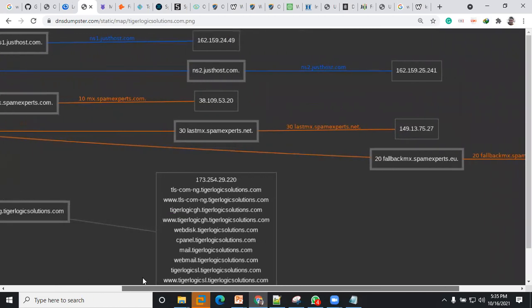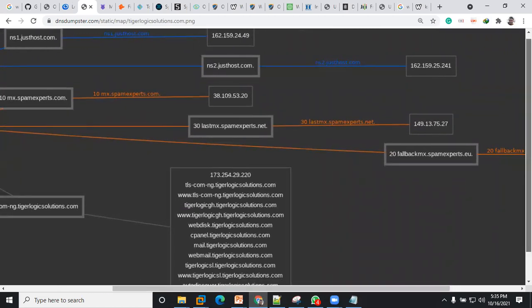Then what other information can we gather from DNS Dumpster?